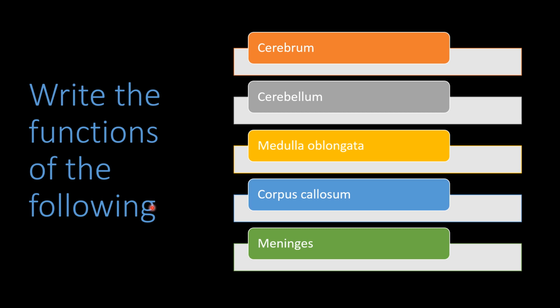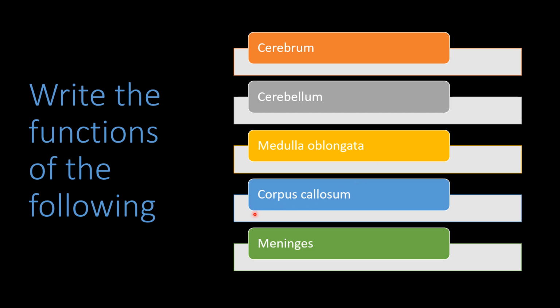Write the functions of the following. First one, cerebrum. Cerebrum controls all voluntary actions such as jumping, running, writing, etc. You have to write the examples. Cerebellum coordinates all voluntary actions such as, again you have to write the examples, writing, jumping, running, swimming, etc. Medulla oblongata controls all involuntary actions such as peristaltic movement of the alimentary canal, beating of the heart, breathing movement,